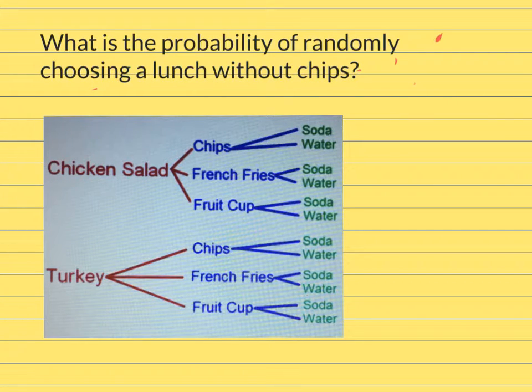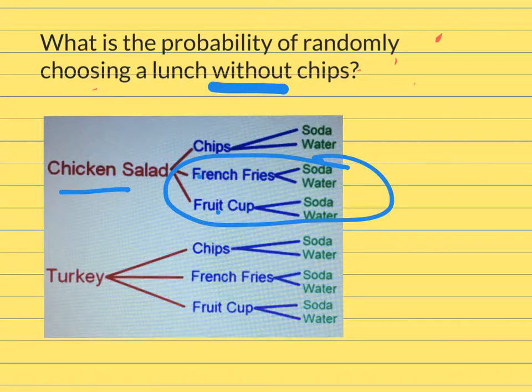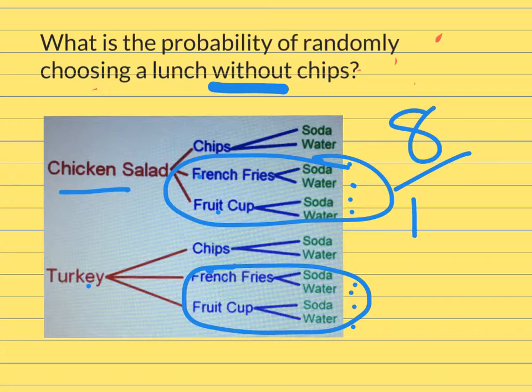All right, how about this question? What is the probability of randomly choosing a lunch without chips? The key word here is without chips. So we do not want chips in our lunch. We could choose chicken salad with french fries or a fruit cup, and then turkey with french fries or a fruit cup. So any of these. 1, 2, 3, 4, 5, 6, 7, 8. So 8 out of the 12